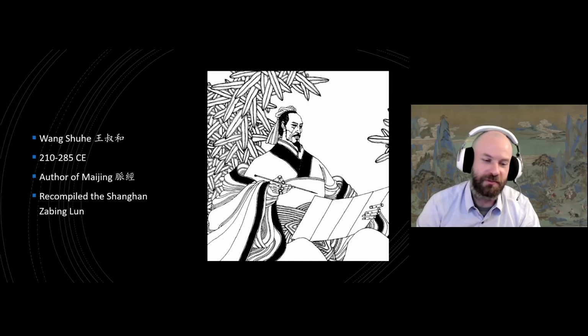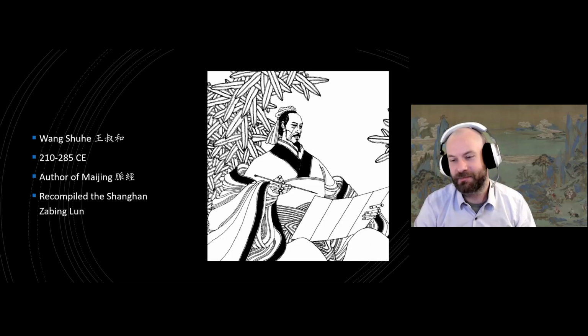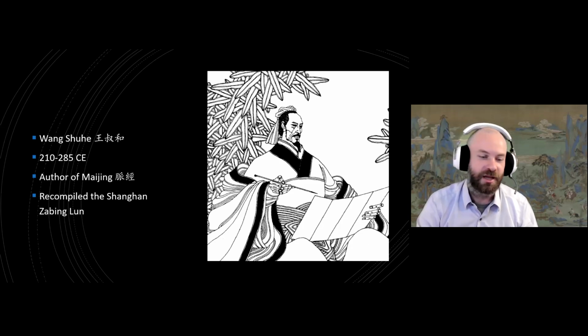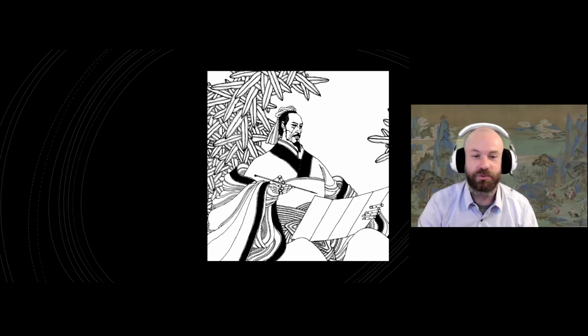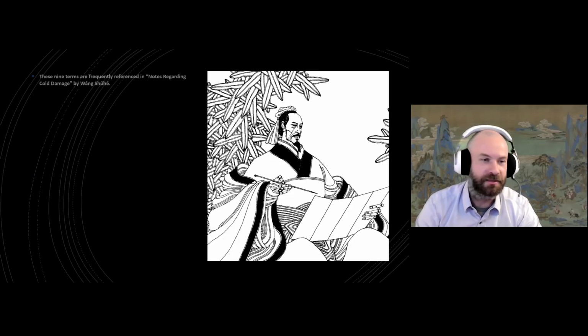But for all his good deeds, that doesn't mean that he escapes criticism. As we're going to see, Wu Jutong, in a commentary from the Wenbing Tiaobian chapter 2.1, has this to say about Wang Shuhe. Okay, sorry, give me a moment. Let me just make that a little bit bigger so that I can see it on my screen.